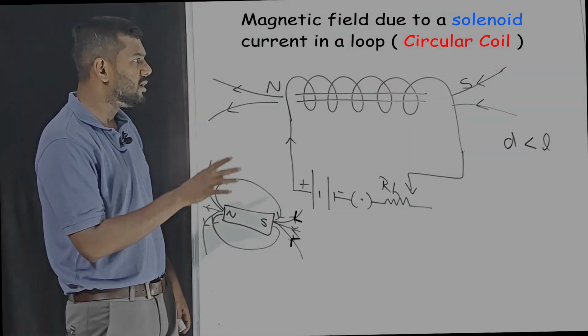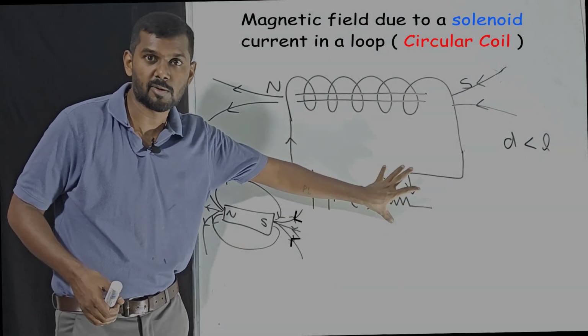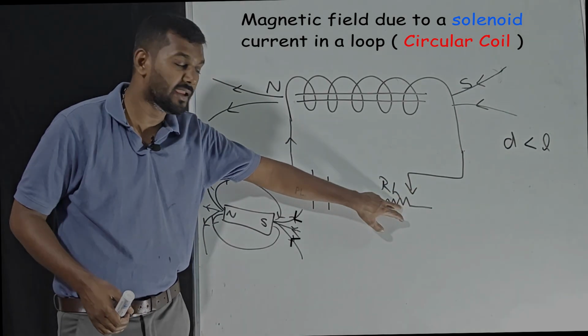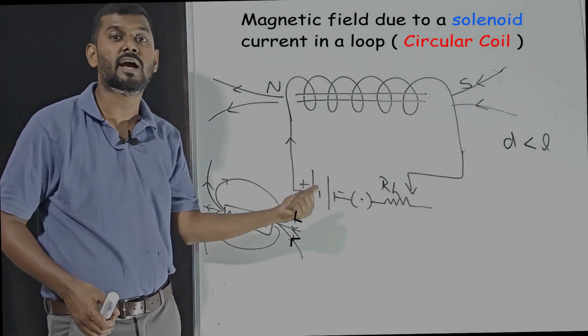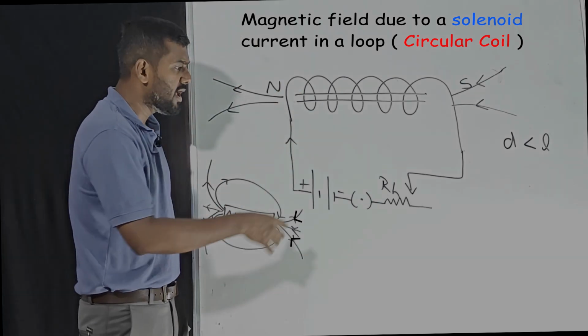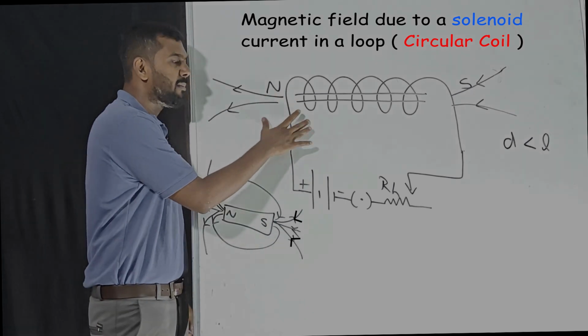Now, we were talking about if you decrease the value of resistance. So this is very much important. If a rheostat is given, by decreasing the value of resistance, current can be increased. This is what you have to write. If the diagram is given, and a rheostat is there, state one possible way to increase the magnetic field